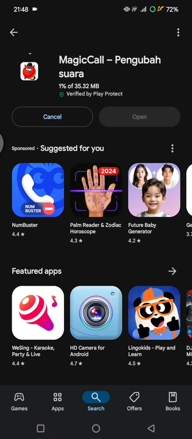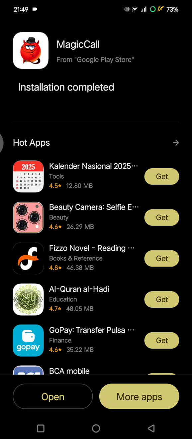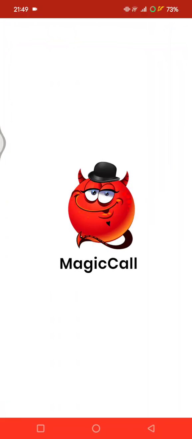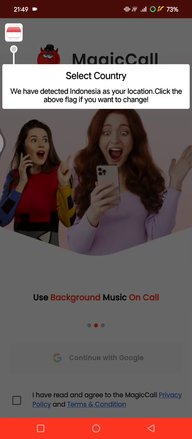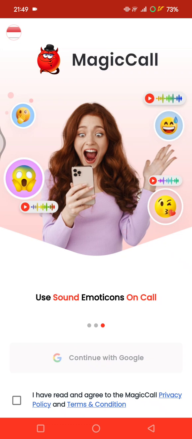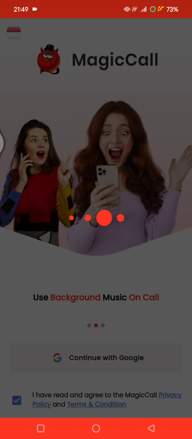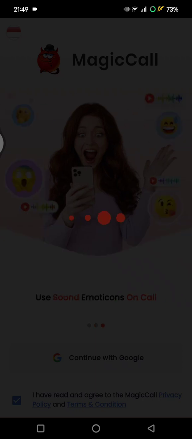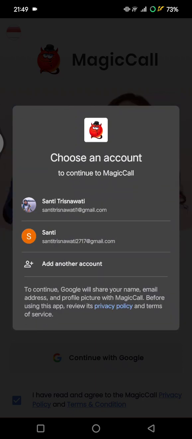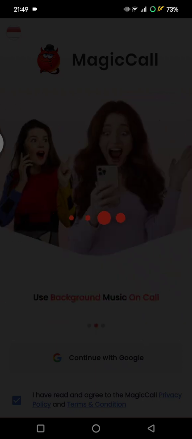So you can just wait until the download and installing process is finished. Okay, after it's finished, you can open the app, and then in here you can just sign in to the app using your Google account. So just tap on continue with Google, choose your Google account,